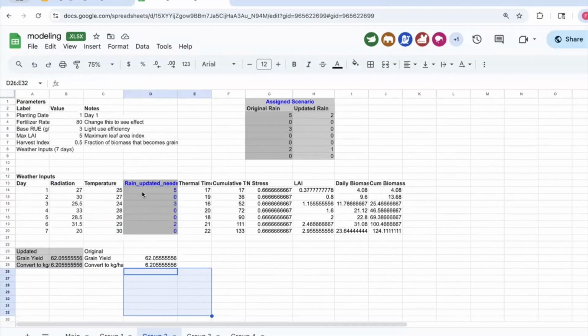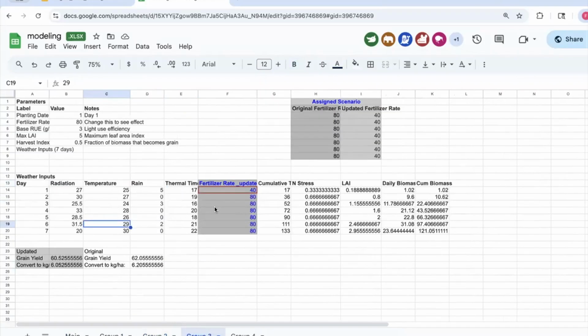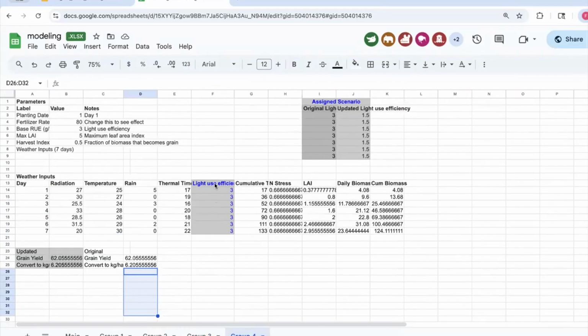Under this one, you can change the rain. These two are just the input scenario. And we can also change the parameters like the fertilizer rate, and here change the light use rate.